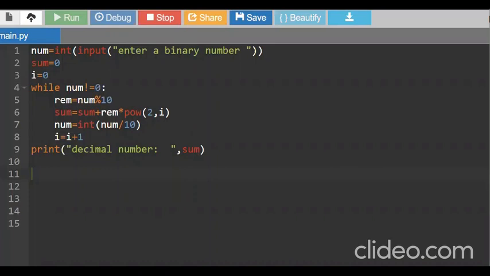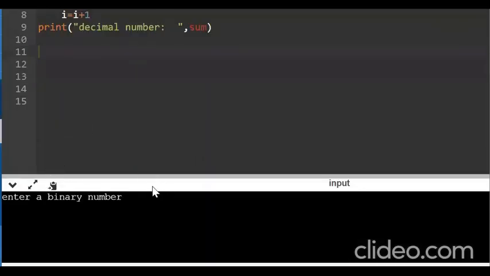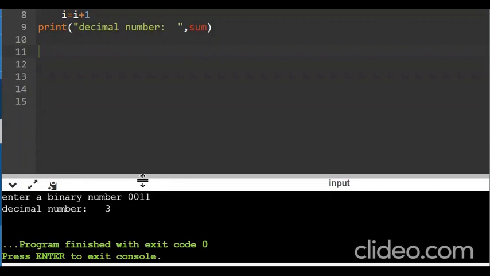Here I'm going to get the prompt to enter a binary number. Let me enter 0011. Here you could see the decimal number is 3.